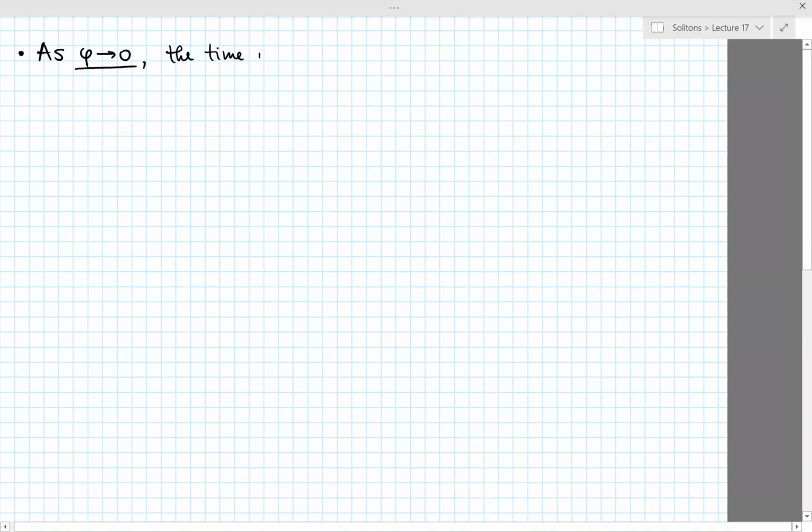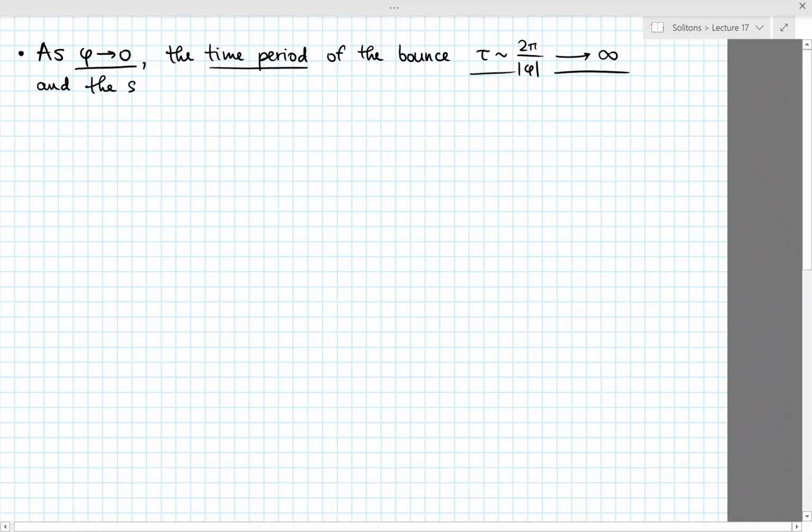So my comment is that as phi tends to 0, the time period of the breather, which was 2 pi over sine phi, will go like 2 pi over absolute value of phi, which tends to infinity. So the time period diverges, and it's also possible to see that the special size